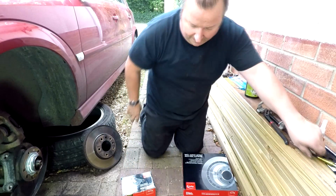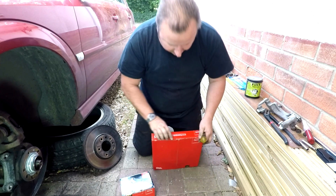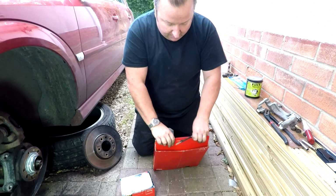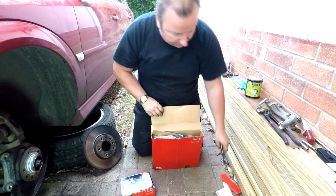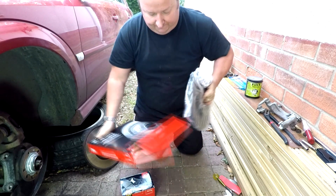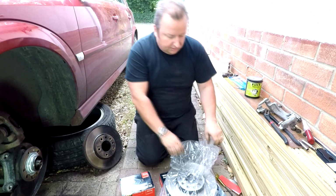Right, I've got my new pads and disc here. I've got a disc for the other side as well, but this one's for this side. I mean, I should have checked these when I first got them, but I'm quite happy with my supplier. But I have had stuff sent wrong before, so do make sure you've got the right disc for your motor and pads, because there's so many variations nowadays. Right, so